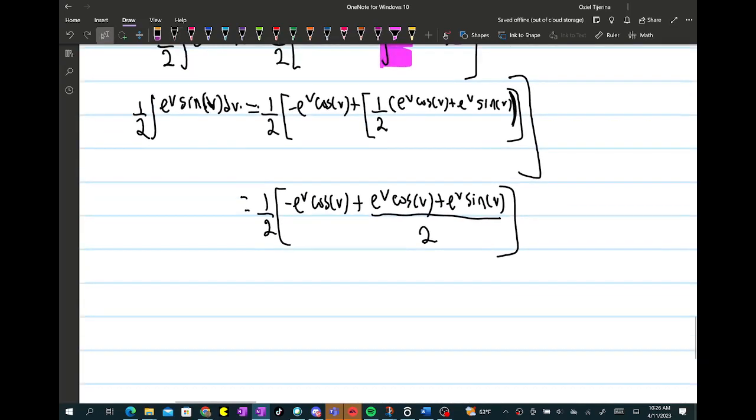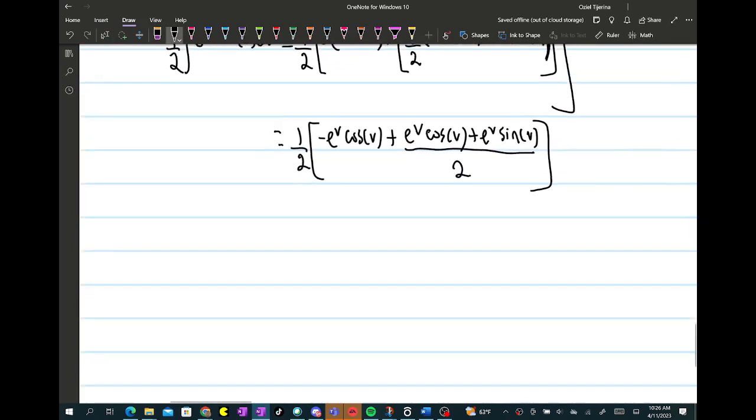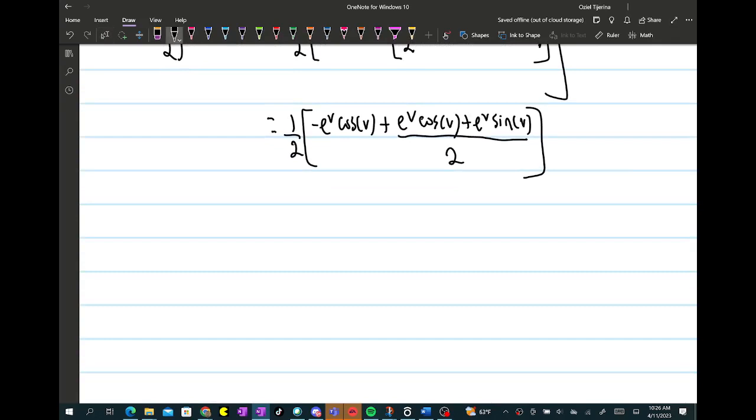Because basically when you distribute this, you're just going to put it all over 2, right? So when we distribute our 1/2 in here, we're going to end up getting